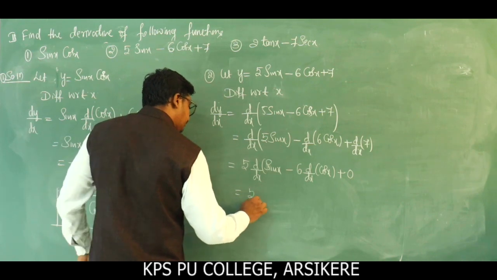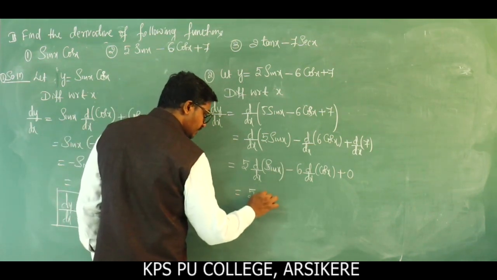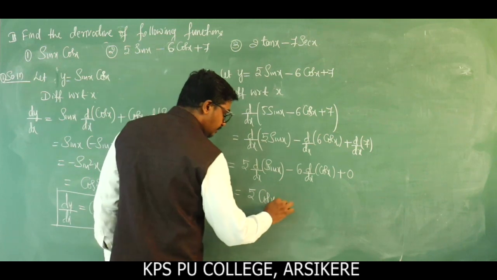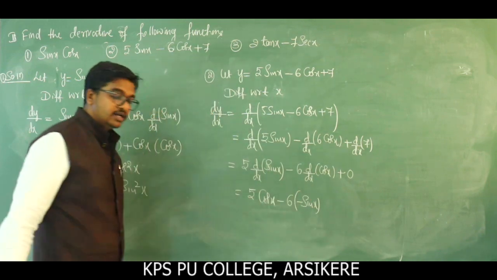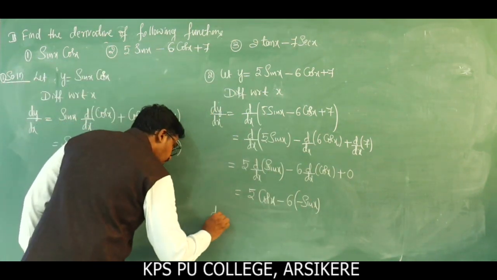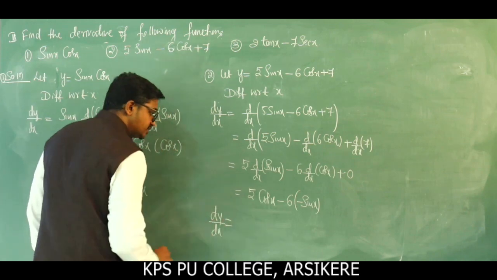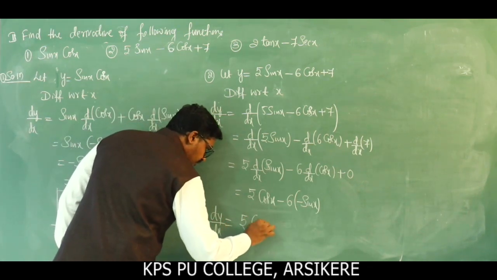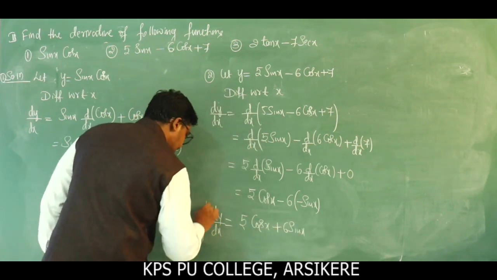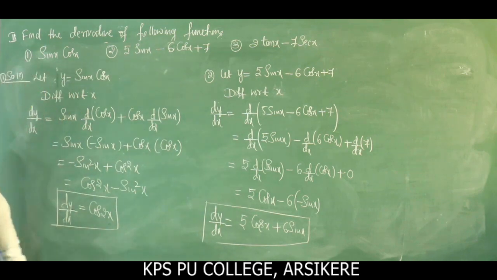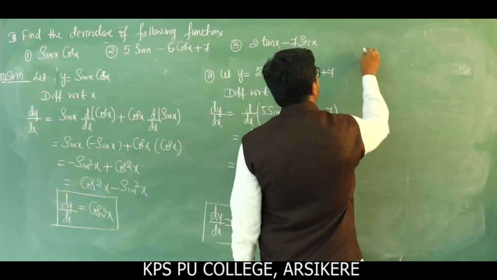Therefore this is 5 into derivative of sin x, which is cos x, minus 6 into derivative of cos x, which is minus sin x. No need of writing 0 there. So therefore dy by dx, the derivative of the given function, is equal to 5 times cos x plus 6 times sin x. Derivative of 5 sin x minus 6 cos x plus 7 is 5 cos x plus 6 sin x. And the third one,